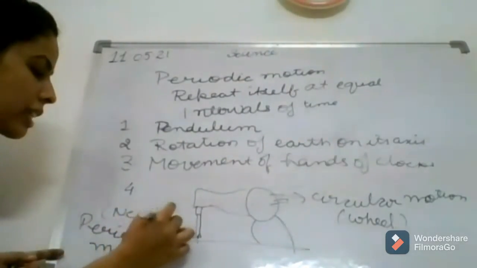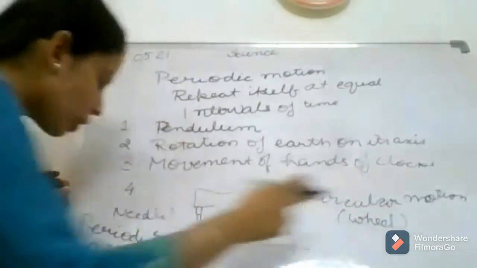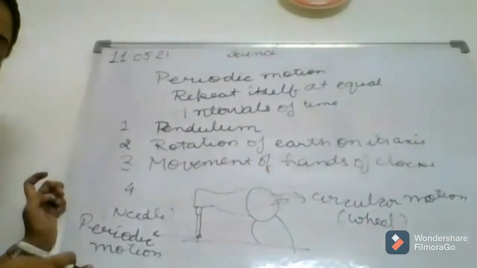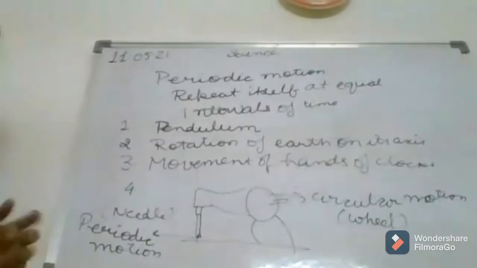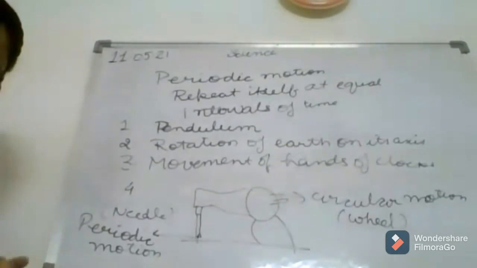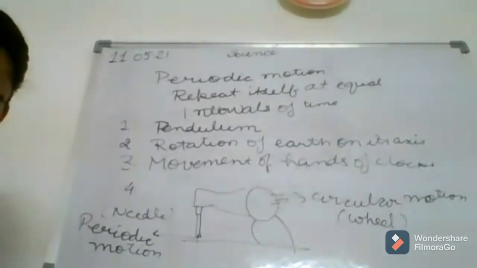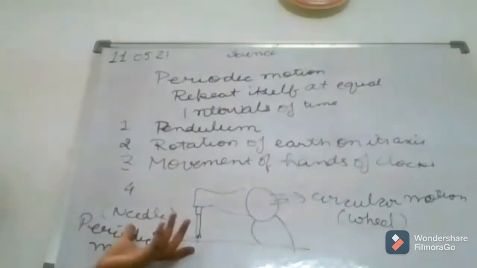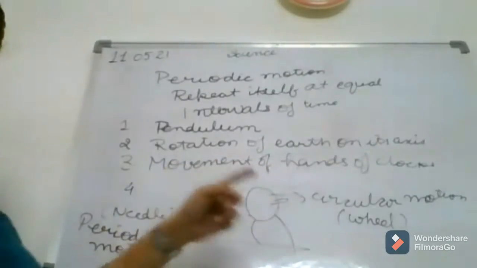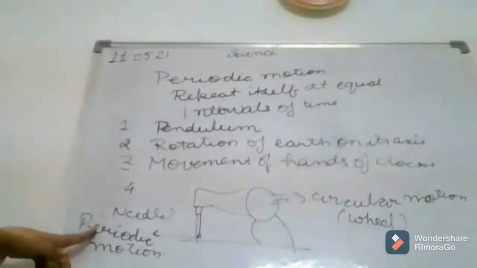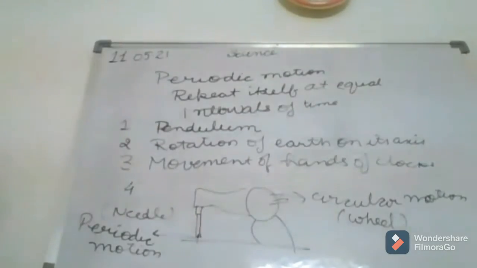You are saying that a single object is showing circular motion and also periodic motion. So it is important that two motions can be there in a single object. Clear? Underline this, second column, last para. You must have observed that it remains at the same location while its wheel moves with circular motion, and the needle also moves up and down continuously. Clear? And the needle is undergoing a periodic motion.